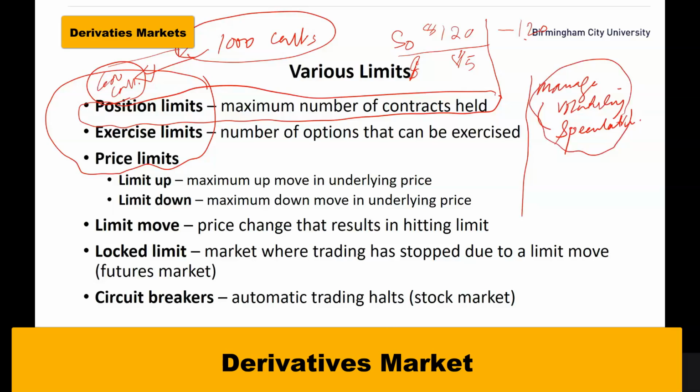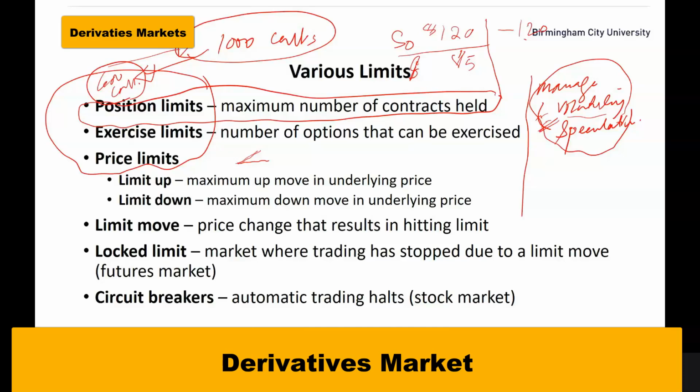Then we have price limits. Price limits are again used to manage volatility and excessive speculation, I would say. So a price limit is how far the price can go up or down in a single day. The limit up is the maximum up move in the price of the contract that can happen in a single day,